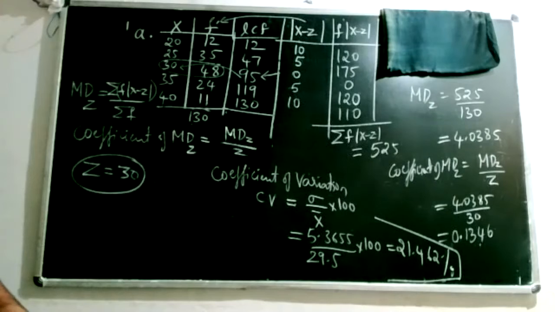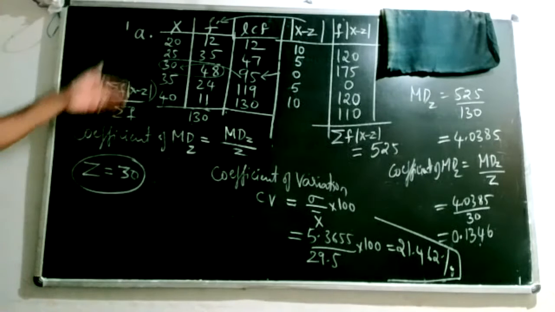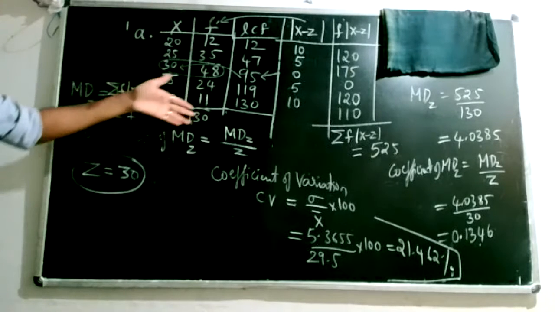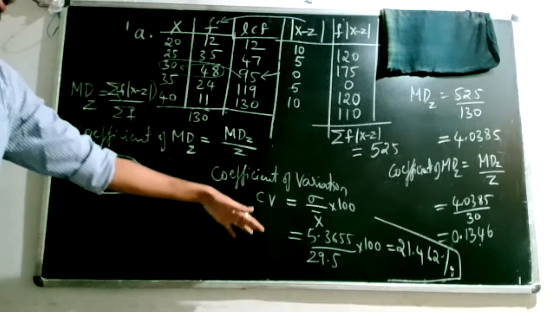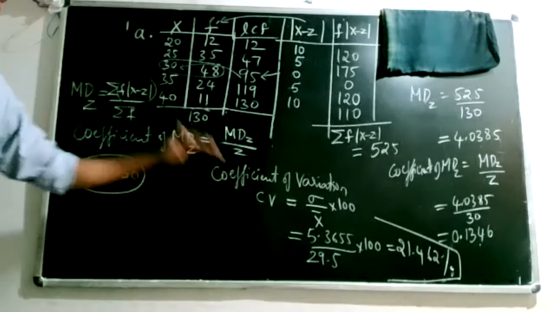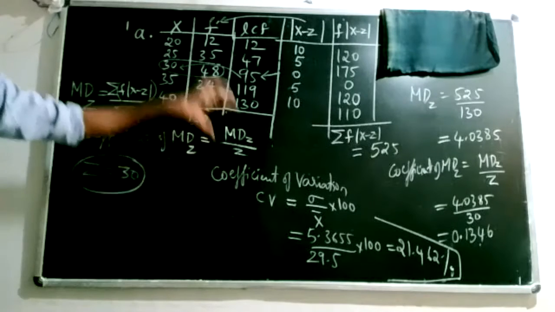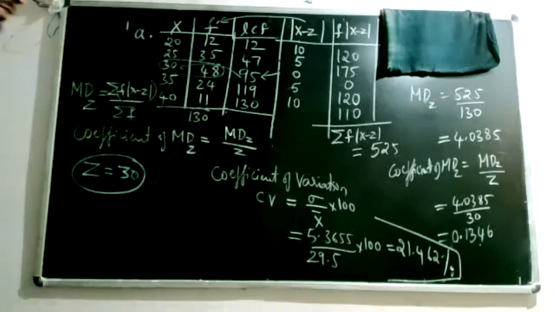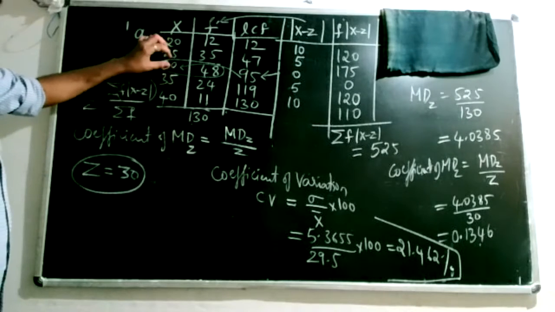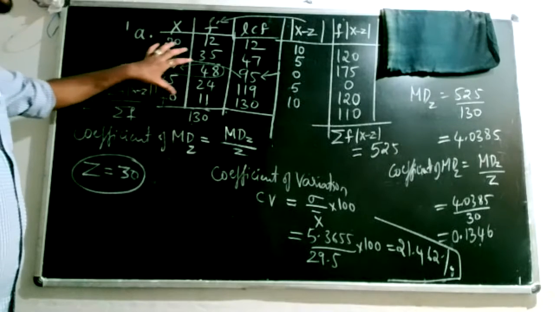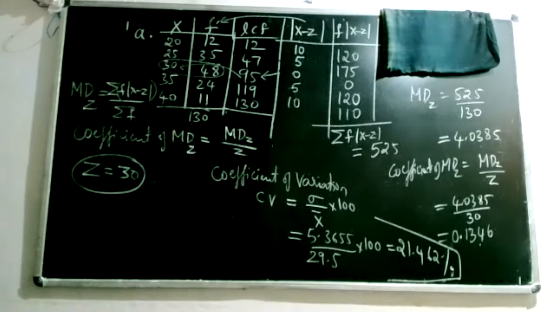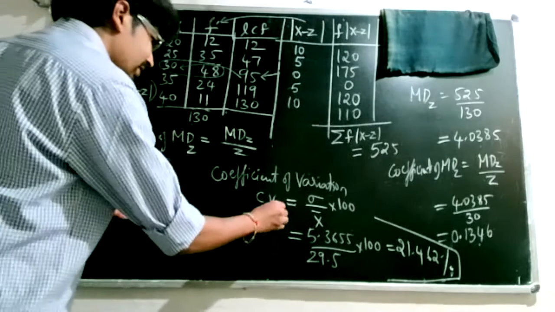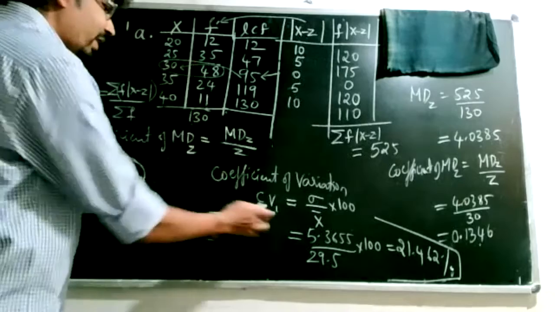Now if you have another distribution, say the same set of marks and students, just assume, and if you have computed CV for that, I will compare the CV and we'll select that distribution which has less value of CV. So lesser the value of CV, more consistent and uniform the distribution. Consistency and uniformity indicates that much of the values are closer to each other and they are close to the values of mean also.